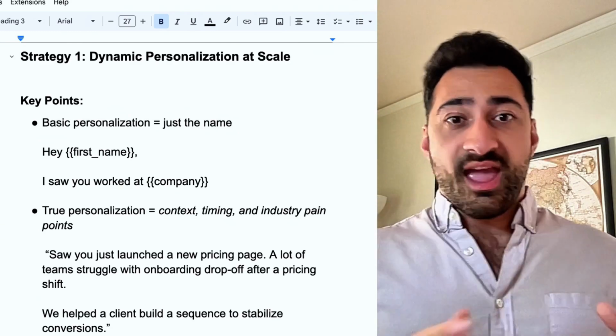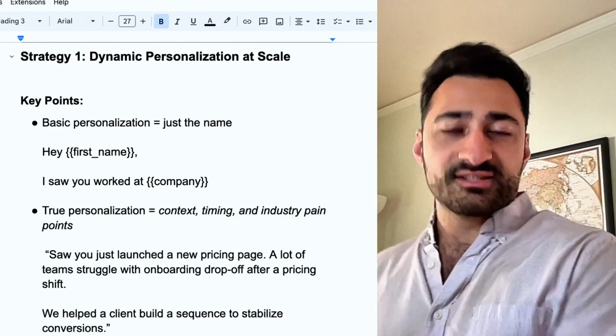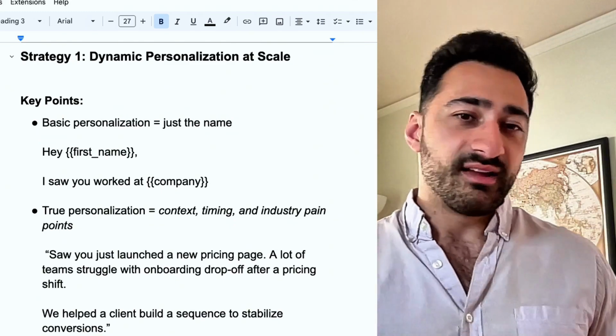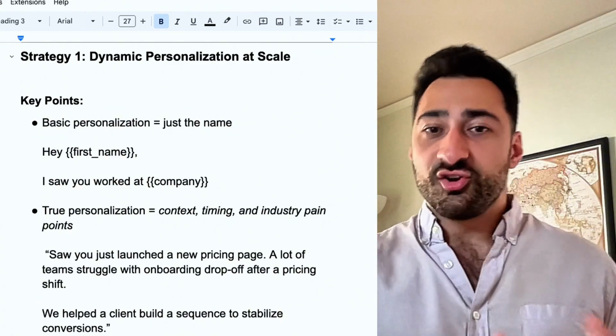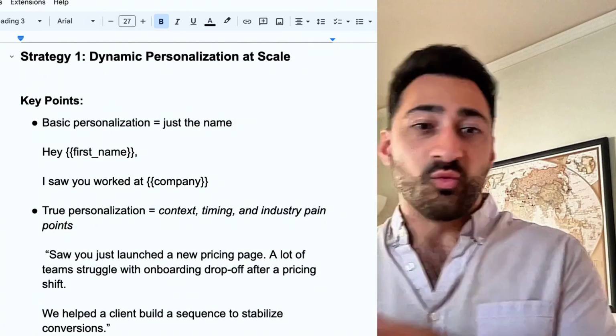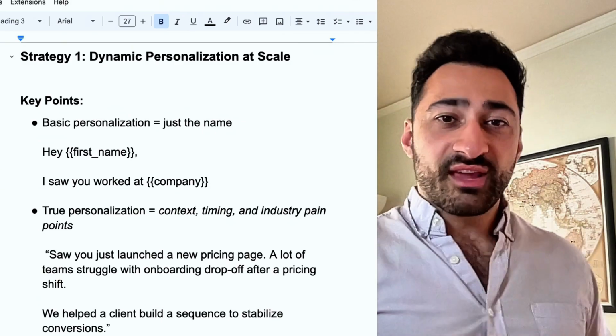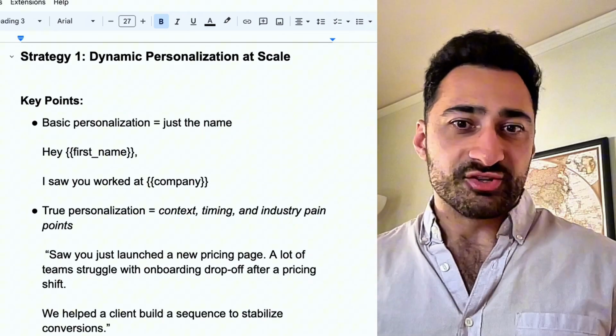For example, saying, "Hey, first name, I saw you worked at company," or "How is company dealing with X?" You can incorporate some more detail and say, "Hey, I saw that you just launched a new pricing page. A lot of teams struggle with onboarding drop-off after a pricing shift. We helped clients build a sequence to stabilize conversions." Which one do you think has more context, and which one do you think is going to generate a response